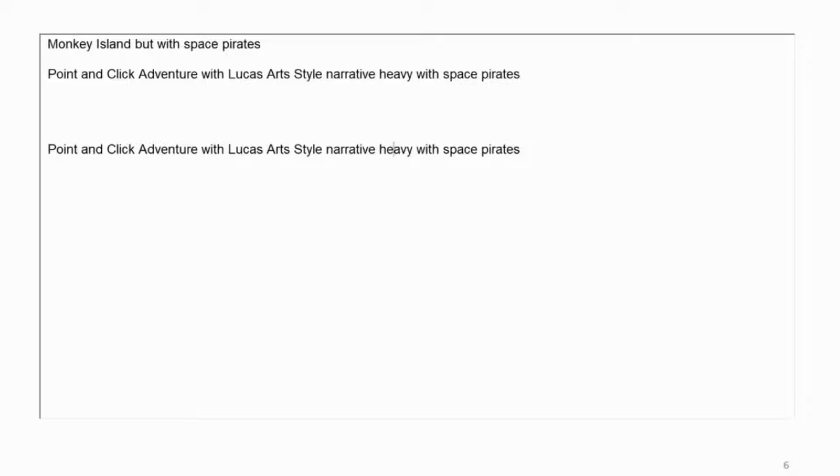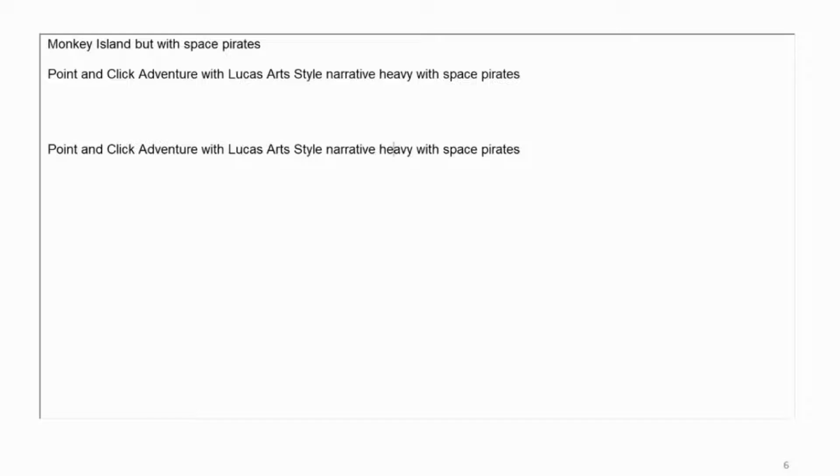So we're doing right now what I had in my slide before. We're going to do the feed up. Okay, so first a question I have is Monkey Island. What is this kind of game? Okay, it's a point and click adventure. And then we call it LucasArts style. Please watch the talk from Tom if you want to have a bit more about these styles. But yeah, LucasArts style game.